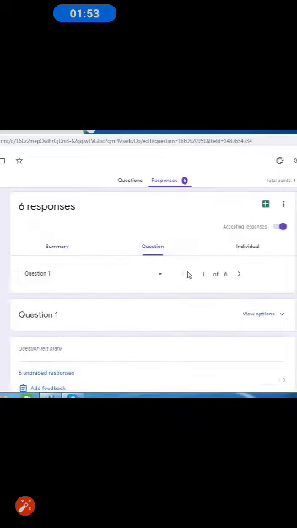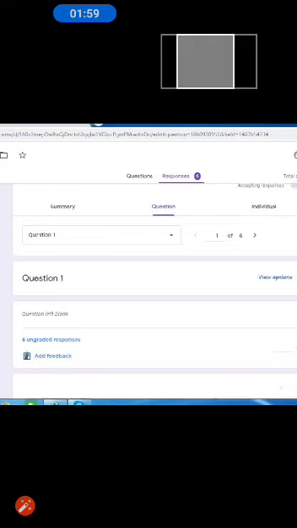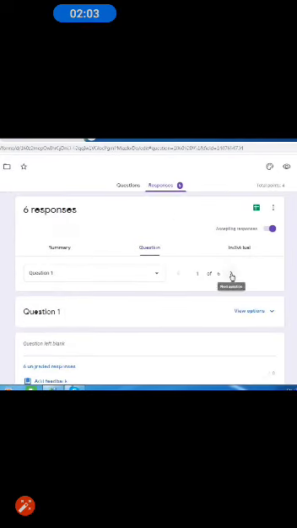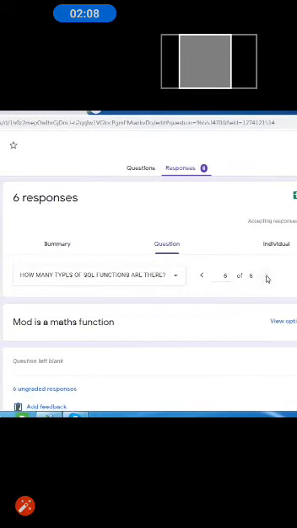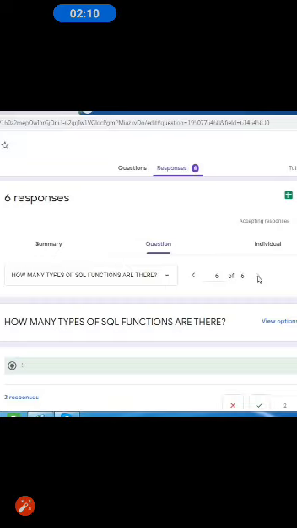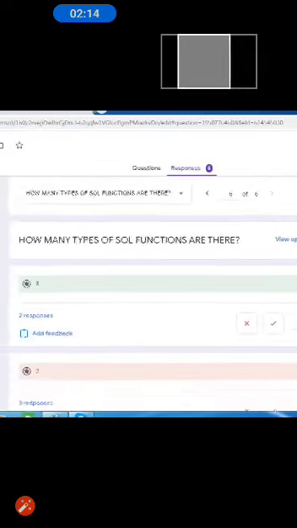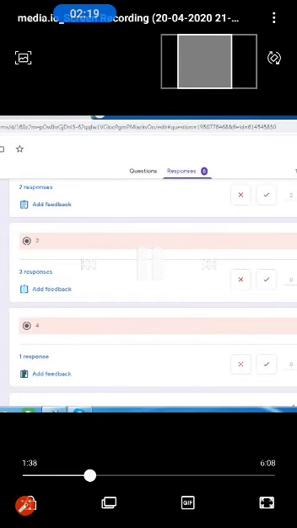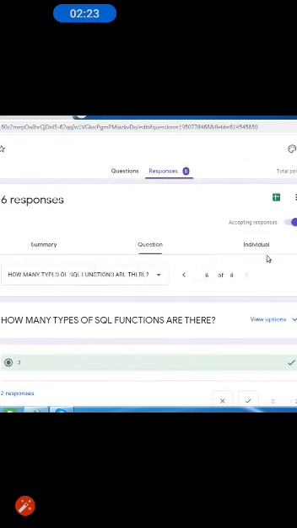Next we go to the question part. Here basically we have a set of questions, and in that we can see which are the questions left blank or not attempted by the students. In this manner we can move through the questions and get a glimpse of the questions which are unanswered. See, we are getting the responses here. How many students have responded to which question?